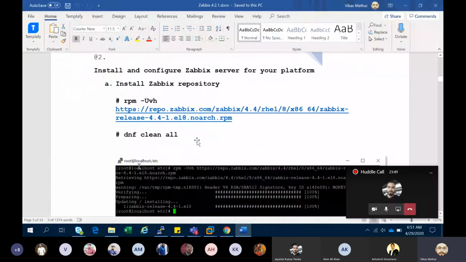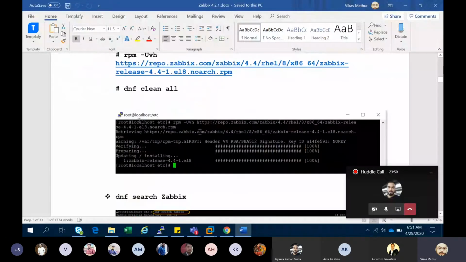After DNF cleanup, it is cleaning your old packages which are affected over here. And then after that, when I search with DNF, when I download this package RPM over here, it goes to your default directory. If you want to download this package to OPT or any temporary location, you can do it.